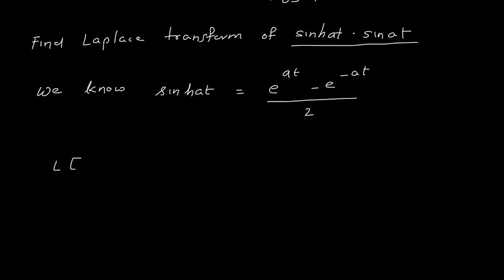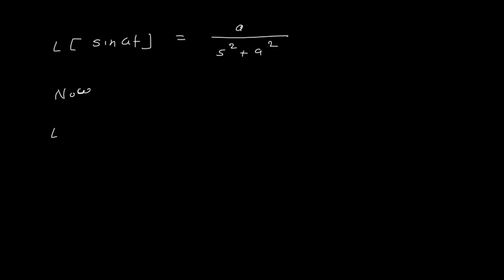Laplace of sin at is a upon s square plus a square. This is the formula for Laplace of sin at. Now, as e power at minus e power minus at upon 2 is for sine hyperbolic at, what I will say is that Laplace of sine hyperbolic at into sin at